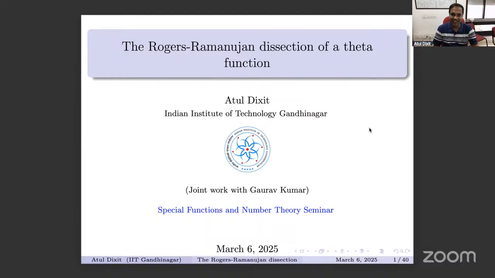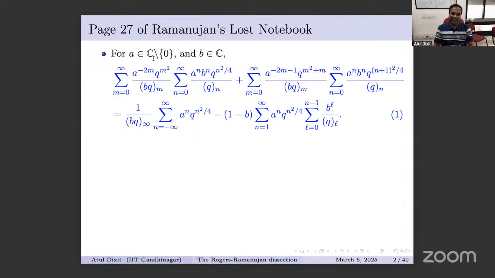Let me just start with that identity. Here a is any non-zero complex number and b is any complex number. You see, we are summing a product of two infinite series, two products, one each consisting of two infinite series. And then we are summing that. And the sum is equal to a theta function divided by a q-product, minus 1 minus b times this particular series. Apparently it just looks like something pretty fancy,